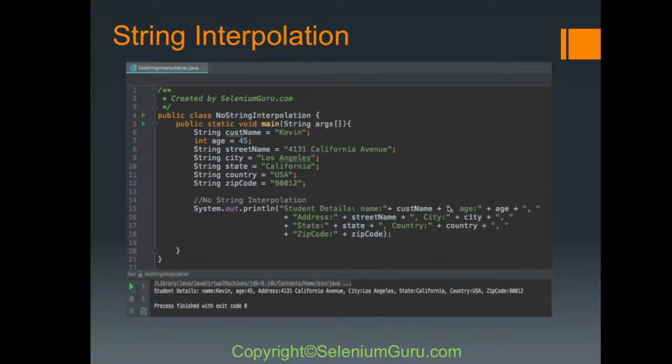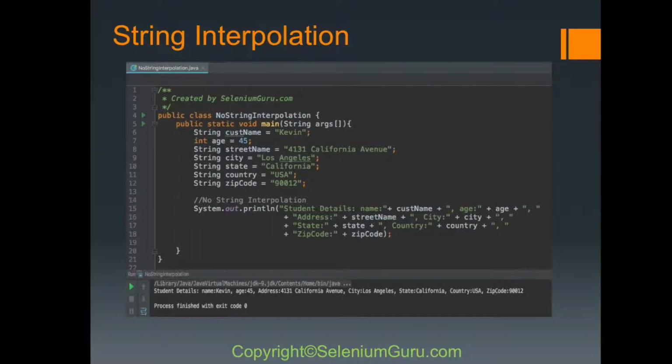Then I do this double quotes. I want to add a comma in here, just like here, age again with this colon. Again plus age, which is my variable, then again plus, then again a comma. Then again state, in these double quotes, then again plus state, then a comma, country, then plus country, and so on. With just these 7 variables, I had to do plus, and I had to put it in double quotes and make sure I have everything correct. Although this works without any issues,